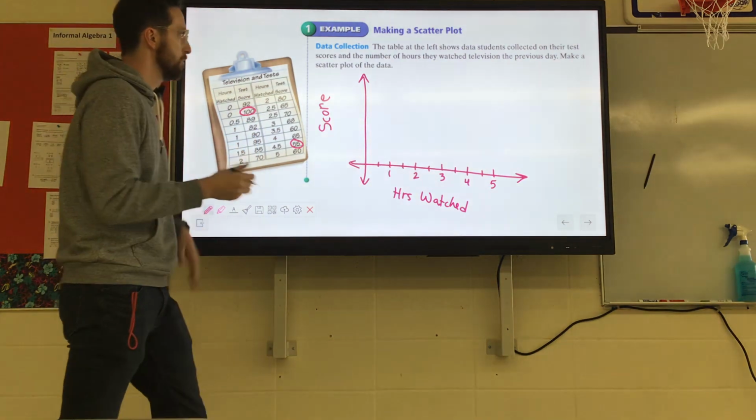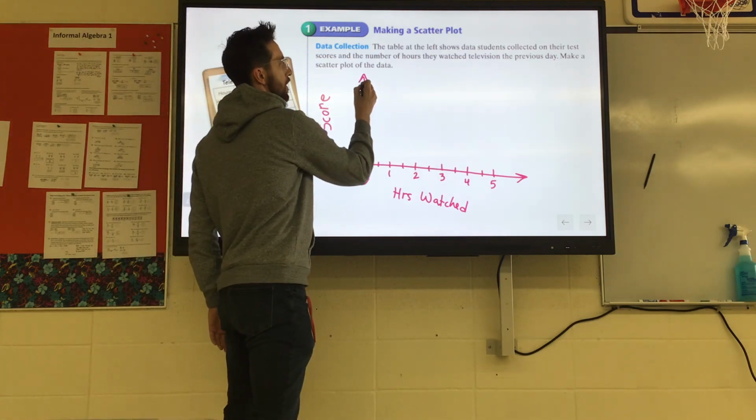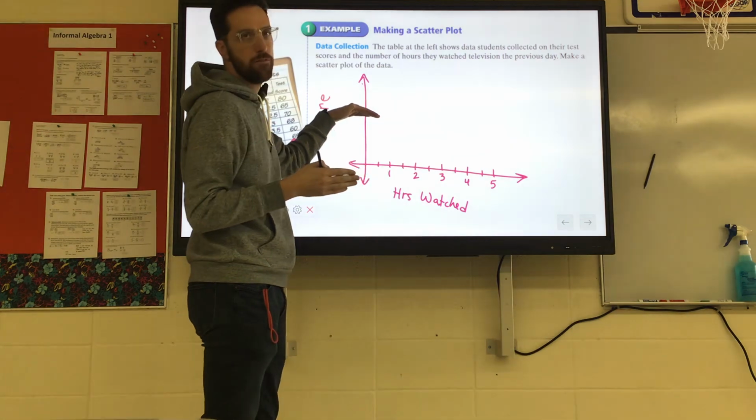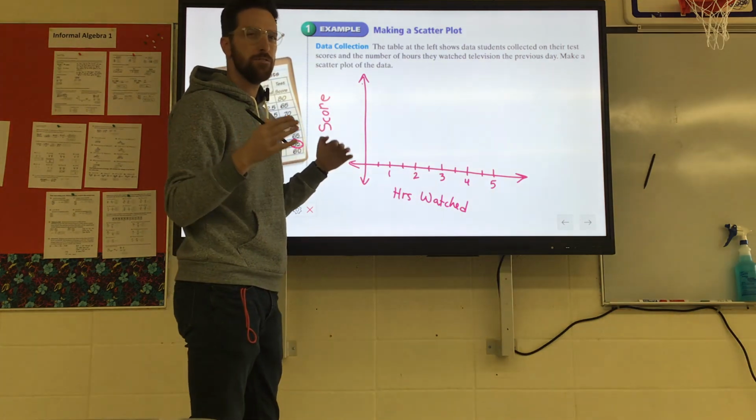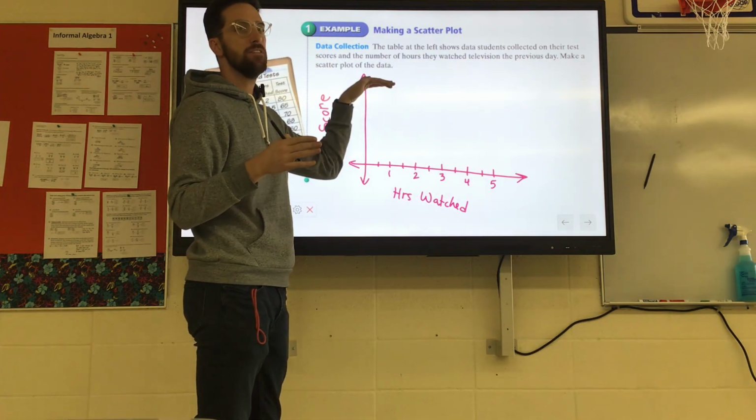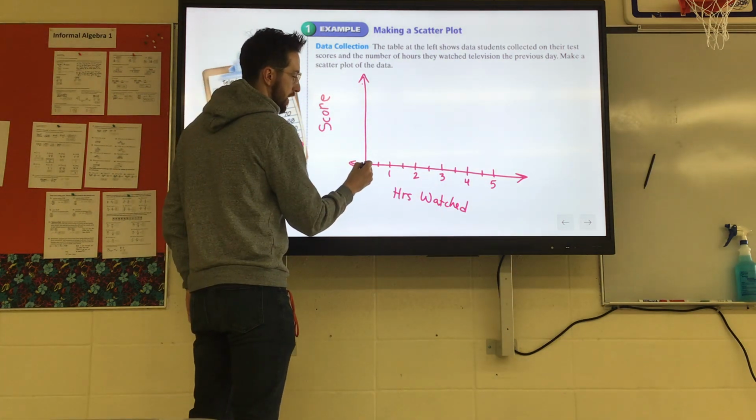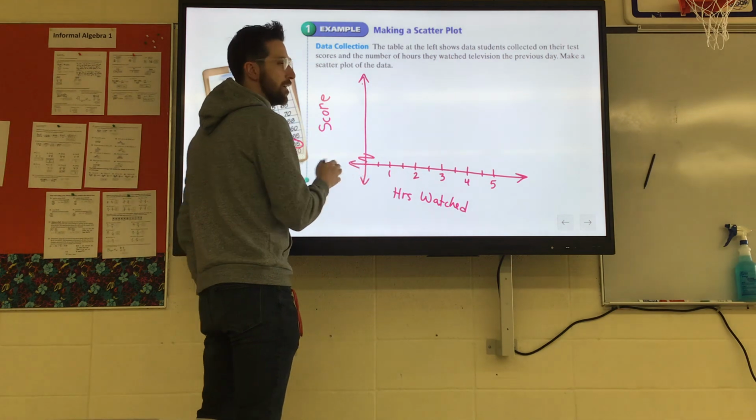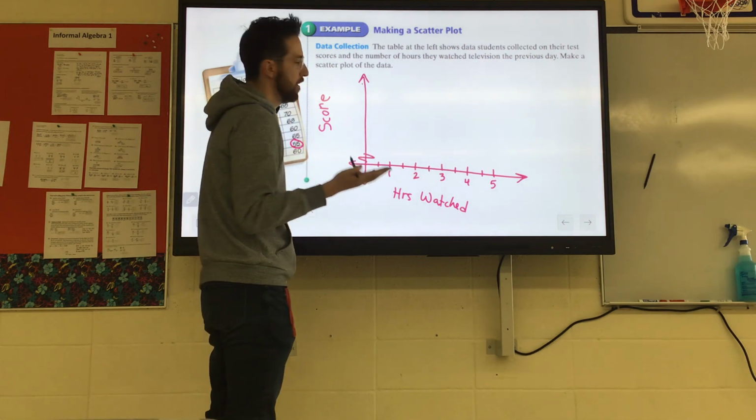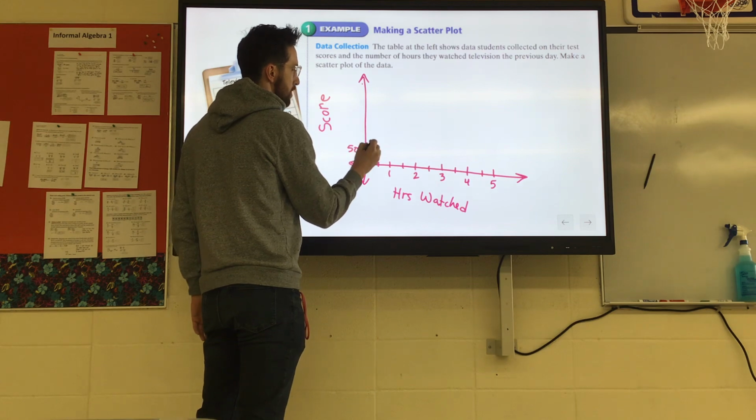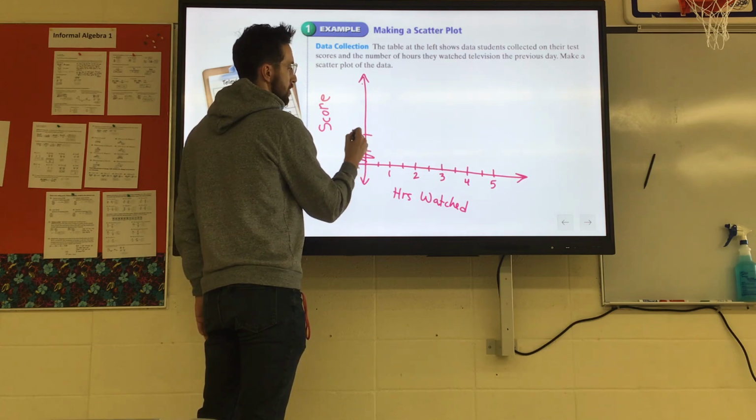Now, we could make the top 100 and be fine, and then split it from there, making 50 halfway. But since all our values are between 50 and 100, we could create a break in the graph. It usually looks like a little zigzag, and that allows us to start wherever we want. So we could start at 50, and we could go every 10. So here could be 50, 60,